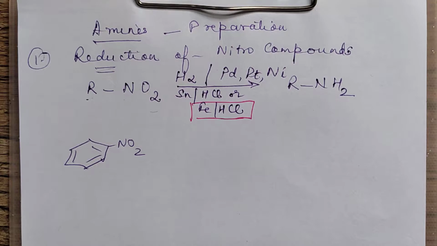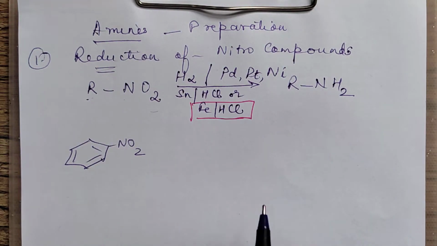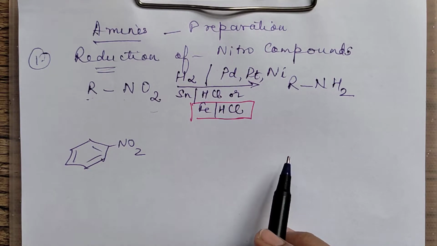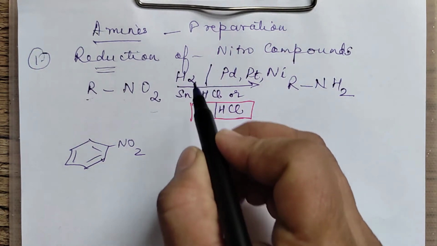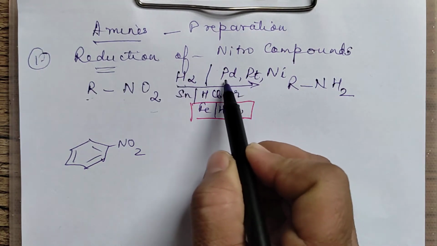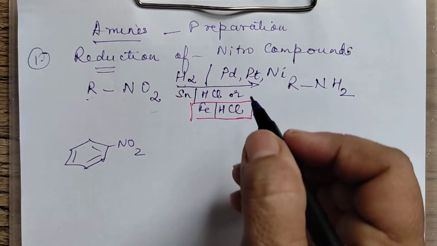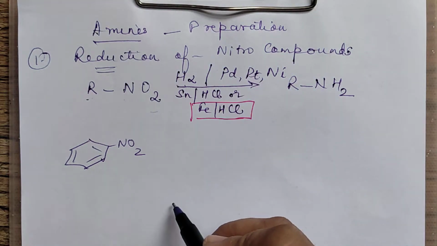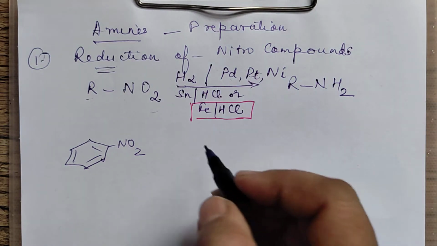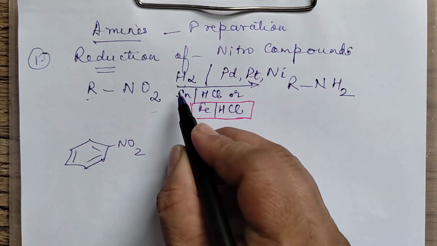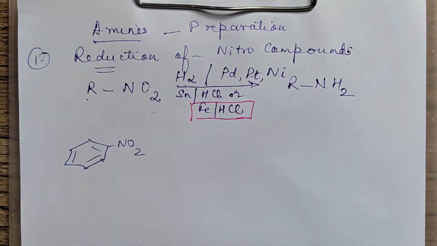So in a way we are carrying out reduction, and reduction is a very common technique you will find in the preparations of amines. You will follow this many a time. What reducing agents can we use? One, we can use hydrogen in the presence of these catalysts. Finely divided, basically we use finely divided just to increase the surface area: platinum, palladium, nickel. Or instead of that, we can also use metal in the acid medium, either Sn/HCl or Fe/HCl.